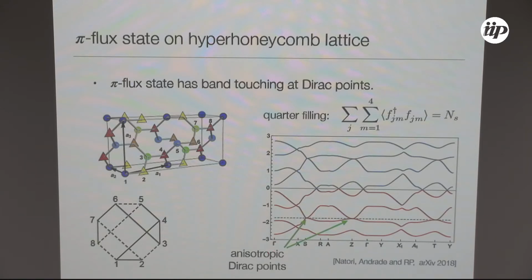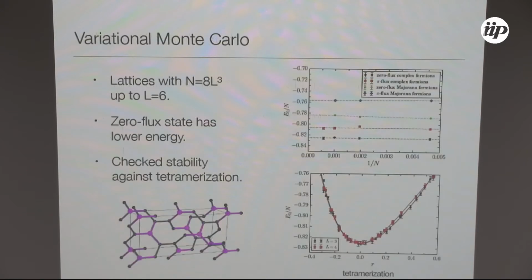And these are anisotropic Dirac points in the sense that the dispersion depends on the direction that you move in the Brillouin zone. So along some directions, the dispersion is linear, and in the other directions, it's quadratic. I personally was hoping that this state would have lower energy after projection, but that turned out not to be the case. Eric did the variational Monte Carlo for this